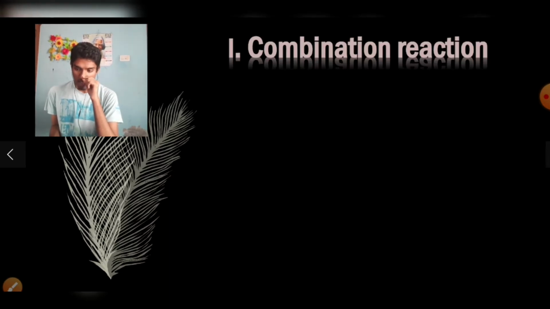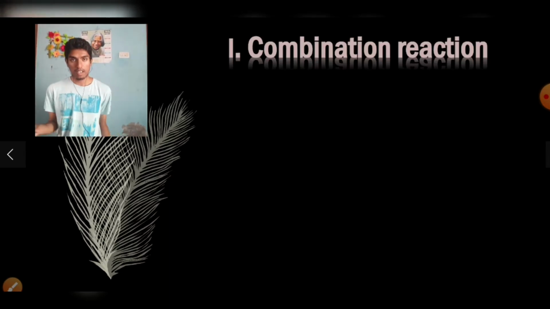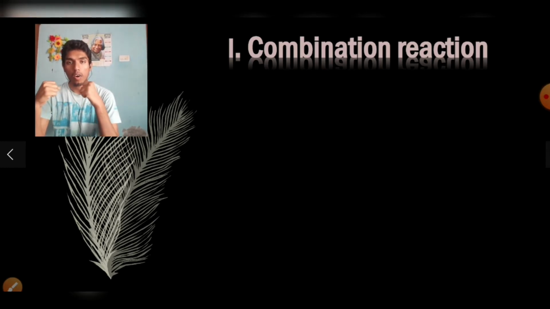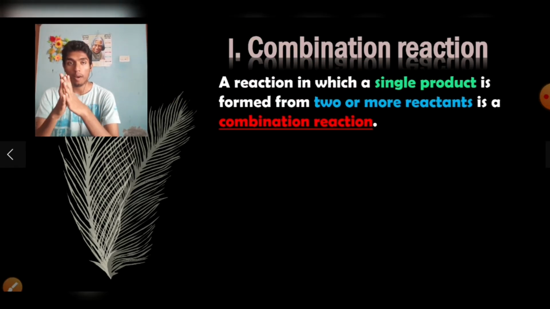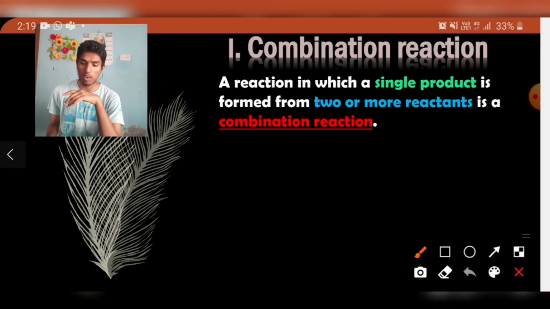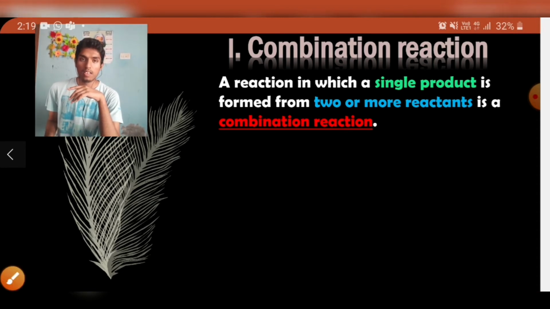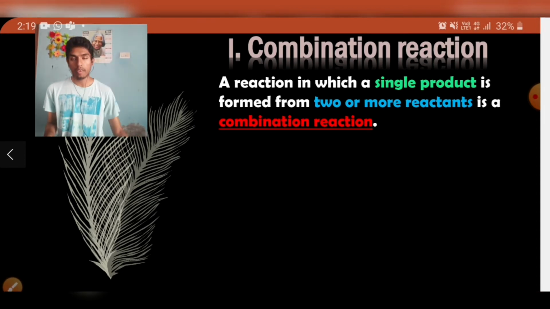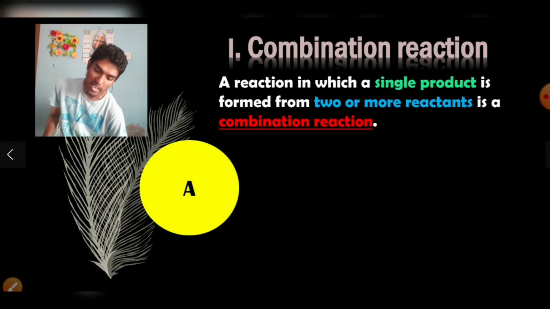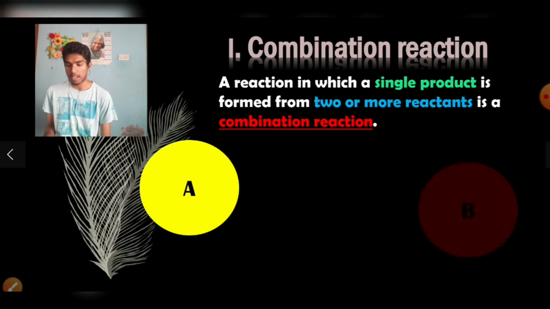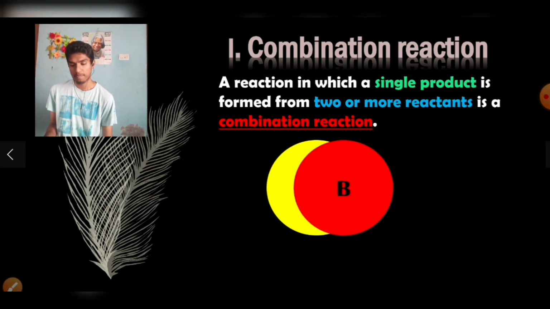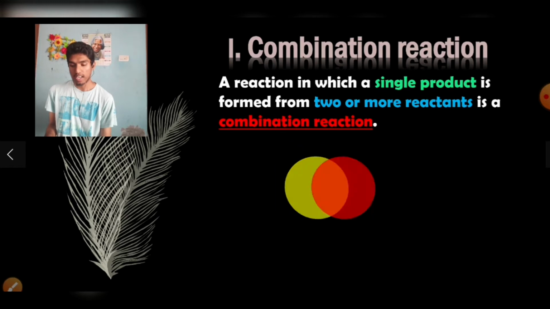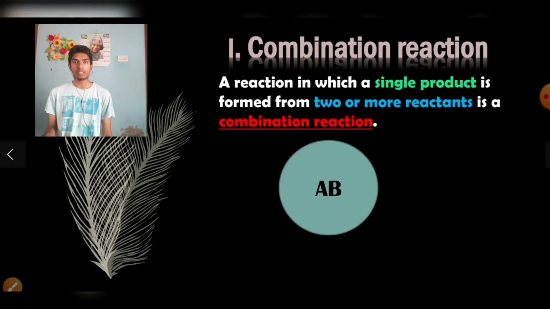So the first type of chemical reaction is combination reaction. The name is self-suggestive, right? Combination means combining of two atoms here. Combination of two or more atoms results in formation of a new product. So this is called a combination reaction. Now let me show the visualization of how this combination reaction works. So I have taken an atom A and an atom B. I am combining these two together. As a result, I am getting a product which is AB. So this is how a combination reaction works basically.